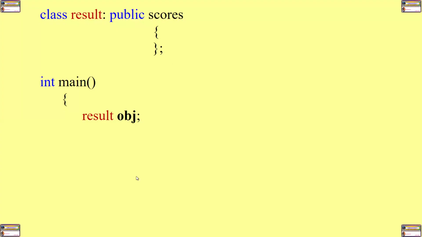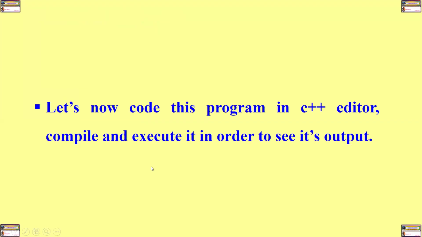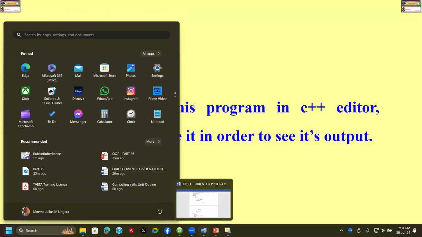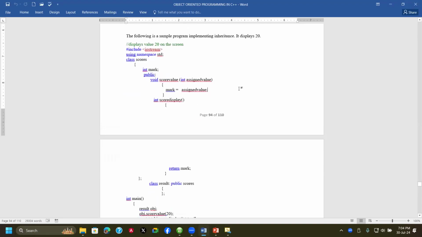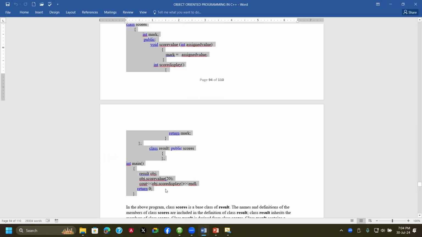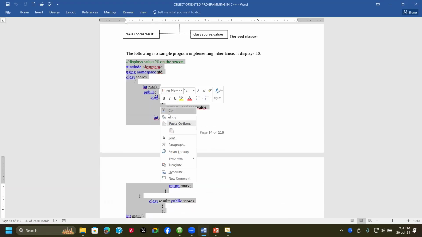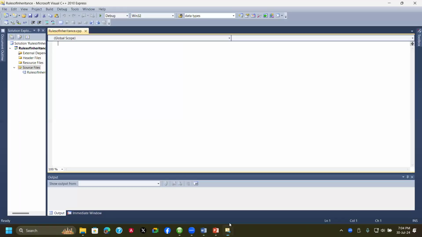So let me open my program. I have this program in a word processor. So let me copy my program. This is my program, which is implementing inheritance. I'll just copy my program that I've already explained, and then I'm going to paste it in my C++